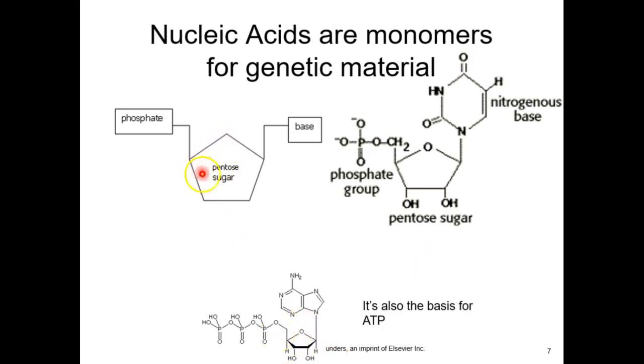So we actually have another sugar. Instead of it being a hexagonal glucose, it's a pentose sugar. It's still got a carbon backbone. We're still talking about mainly carbons and hydrogens and some oxygens here and there. We do have a nitrogenous base, so there will be nitrogen in our base pair. That should sound familiar too when I say base pair. I am talking about A to T, C to G.